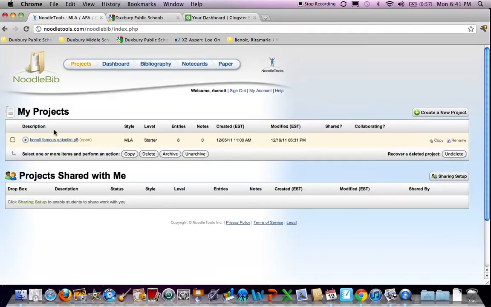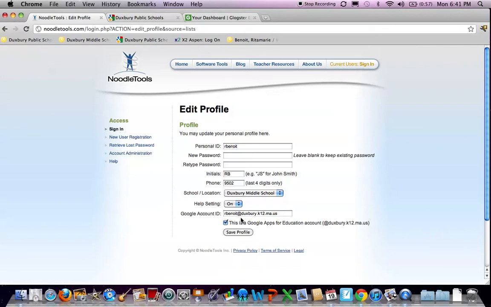So here you are looking at your projects board, and you want to go in. Actually, before you even go into your project, you want to go to your account and make sure that your Noodle Tools account is set up to speak to your Google Docs account. So we're going to go into My Account, and in My Account at the bottom of the profile you see Google Account ID. And here is where you want to put in your entire Google login